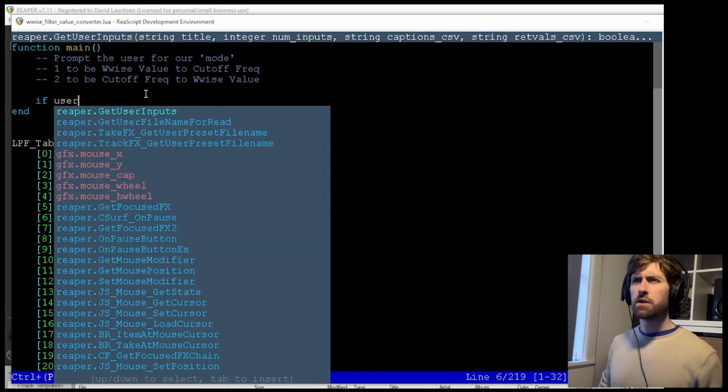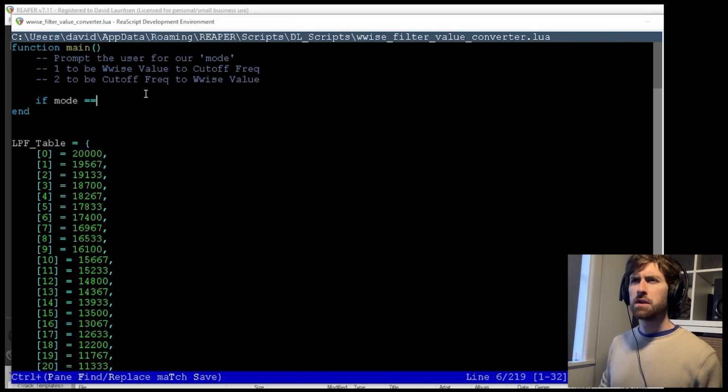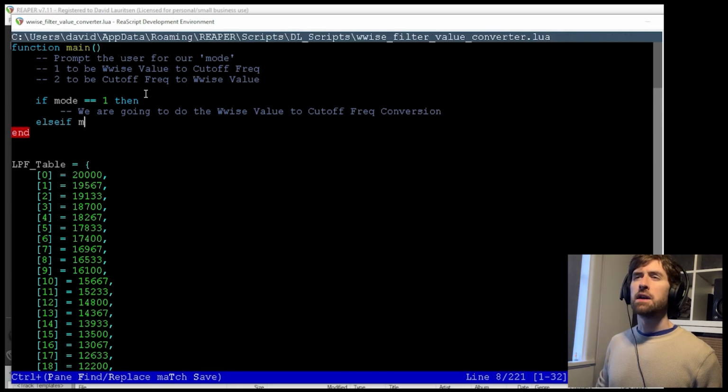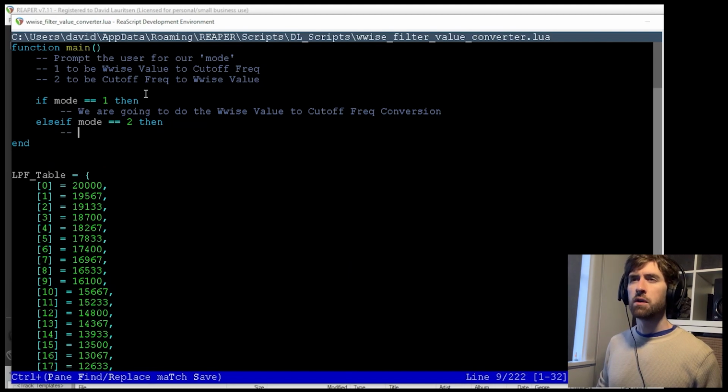So if mode is 1, then we're going to do the wise value to cutoff freak conversion. Else if mode equals 2, then we are going to do the